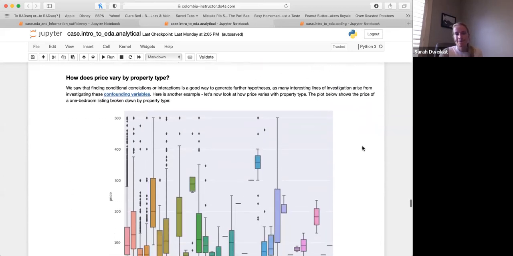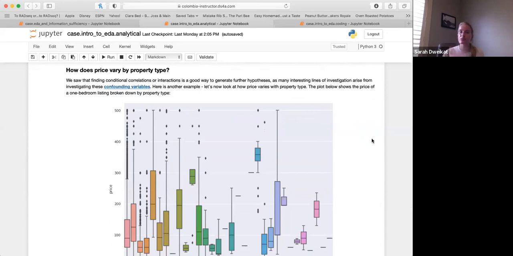But another thing that we can do moving on, with the same trend of breaking down your data. We also found before that price seemed to be correlated to the number of bedrooms or number of people that are accommodated. So we can go into a little bit more detail there, right? We saw that positive relationship, price increases as the number of bedrooms increases for that listing. But we wanted to know, how does price vary by property type?